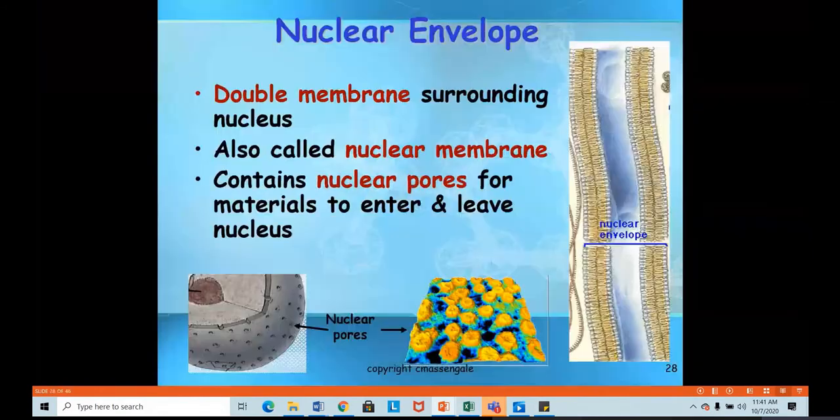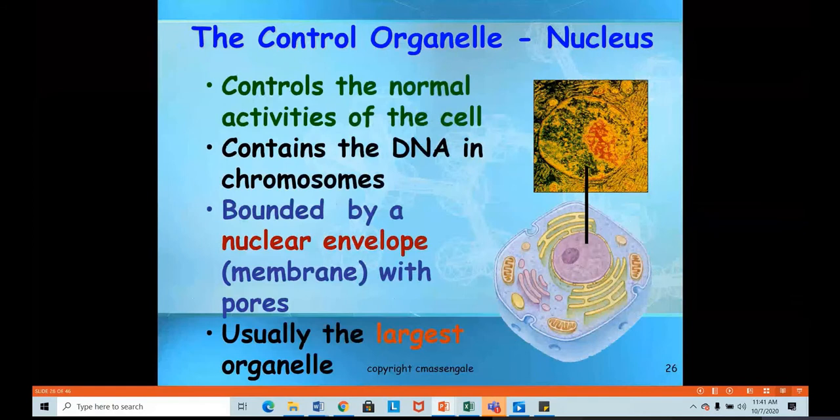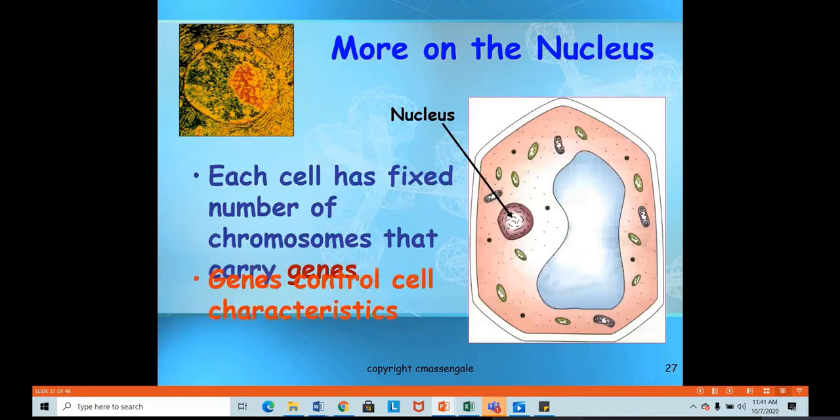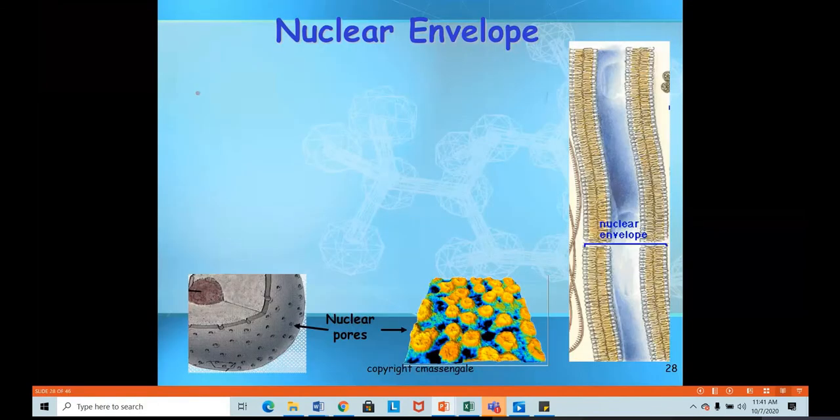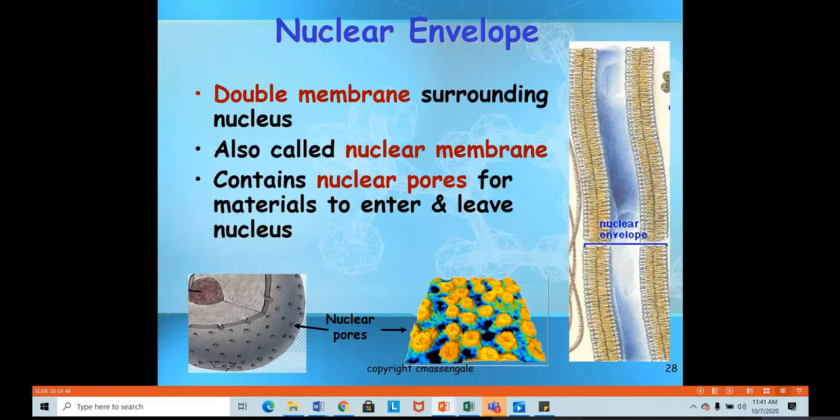You can also see that the nucleus controls the normal activities of the cells, and it contains the DNA. It is bounded by a nuclear envelope which has pores in it. So this is the outer lining of the nucleus. It is usually the largest organelle present in the cell. It has a fixed number of chromosomes that carry genes, and genes control the cell's characteristics. In detail about genes and chromosomes, we are going to talk in the further topics. For now, you need to know that the genes, chromosomes, and the genetic material are present basically in the